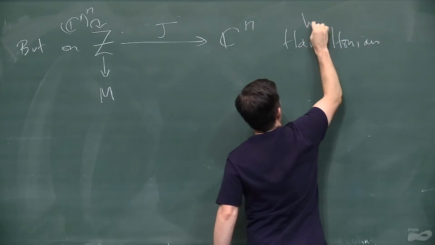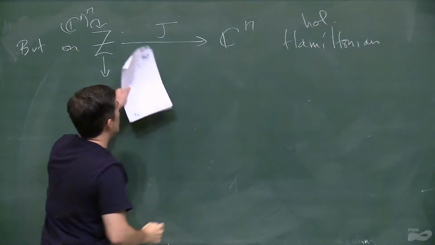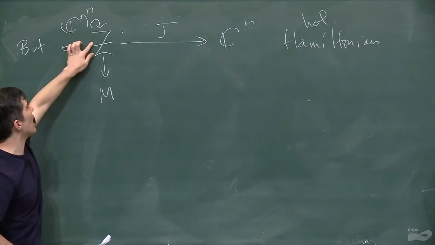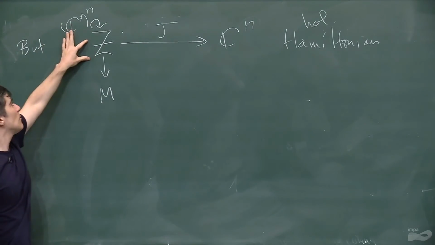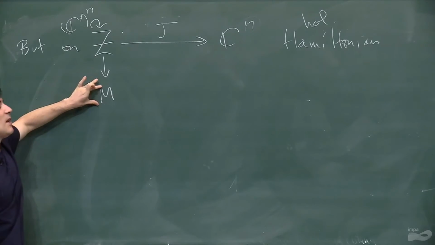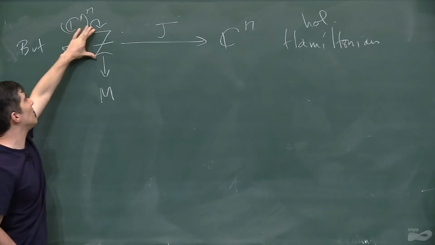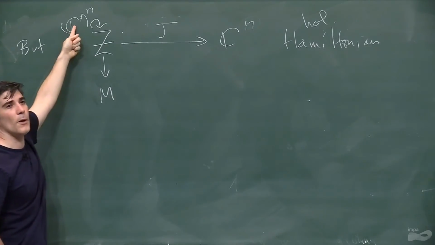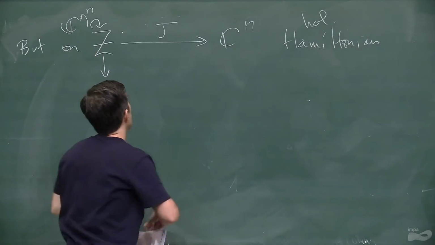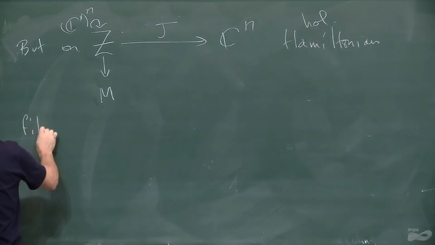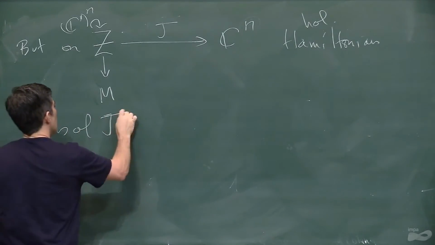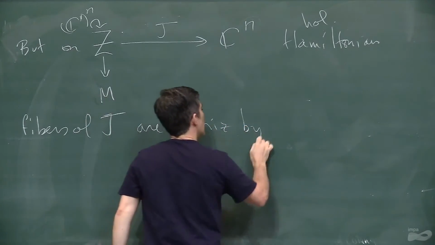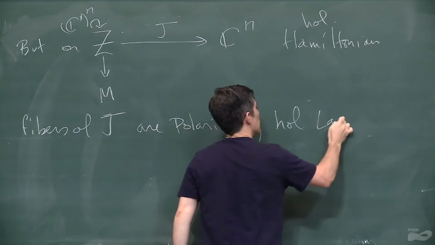It is a holomorphic Hamiltonian, and this is now a holomorphic moment map for the complex torus action on Z. So this is a toric variety in the usual sense, and it becomes complexified to this Z space, the twisted cotangent bundle, where I have a holomorphic torus action with a moment map. And the fibers of J